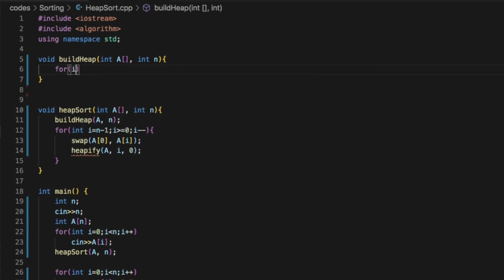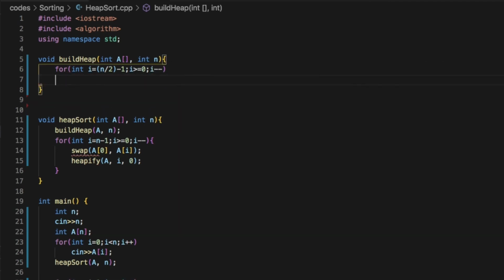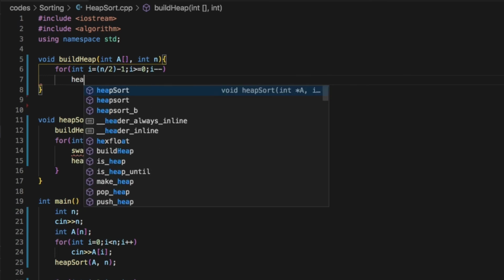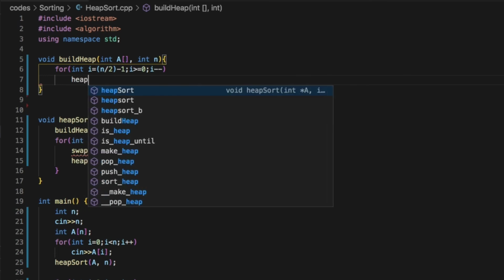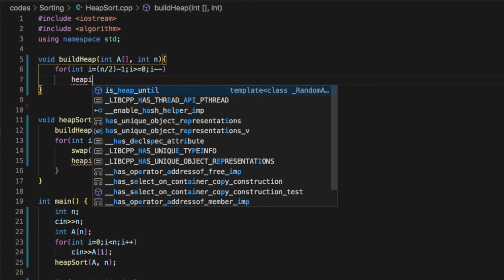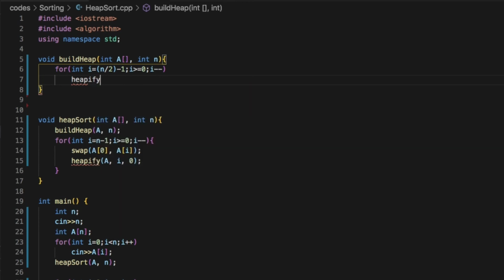So let's create a for loop for I is equal to n by 2 minus 1, I is greater than or equal to 0, I minus minus. And at each iteration we call the heapify function, that is, we heapify the heap for each parent node. And the arguments are the array A, the value n, which is the size of the array, and I respectively.